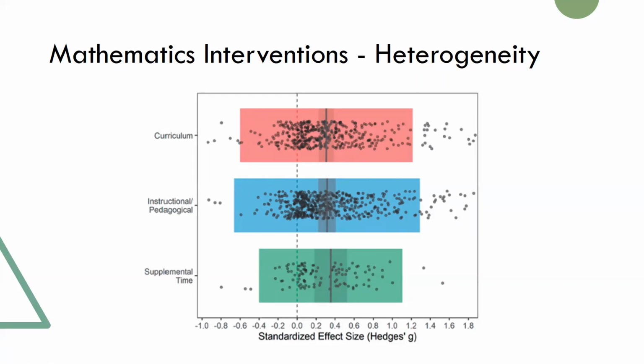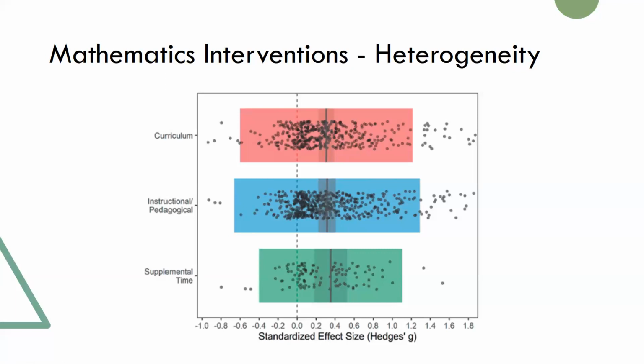Or are they all about geometry? Or are they all with teachers who are very experienced? So meta-analysis can help us start to ask those questions and explore potential reasons for all this variation in the